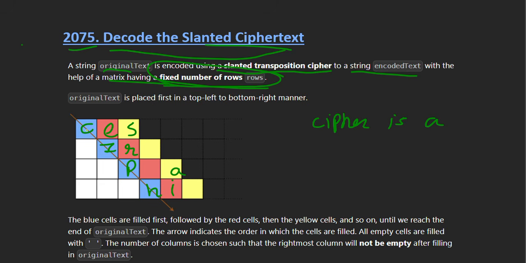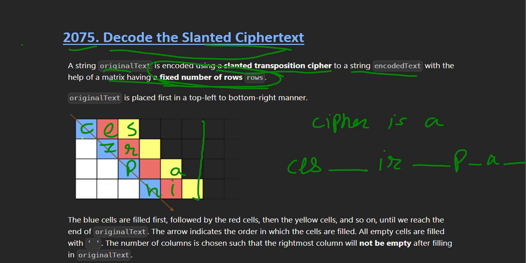Then after that, the encoded text will take the characters column wise, like CES, then 1 2 3, like suppose the matrix is up to here, then 3 4 spaces, then IR, then again 1 2 3 4 5 spaces, then P, this P space A, then again 1 2 4 spaces.